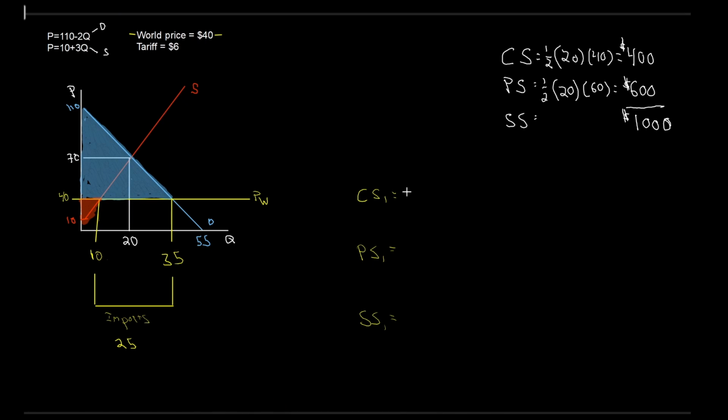So let's go through and calculate these, starting off with the consumer. 1/2 base times height, just the area of a triangle. So we have a base of 35. I have a height of 110 all the way down to 40. So, hey, 110 minus 40, that's going to be a height of 70 altogether. So what does that give me here? So I have 1/2 times 35 times 70. That gives me a new consumer surplus of